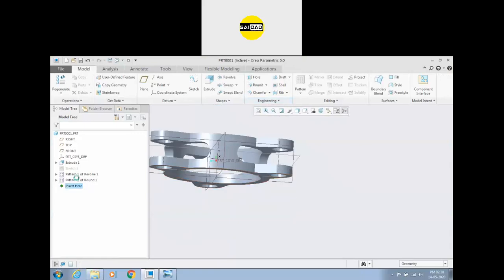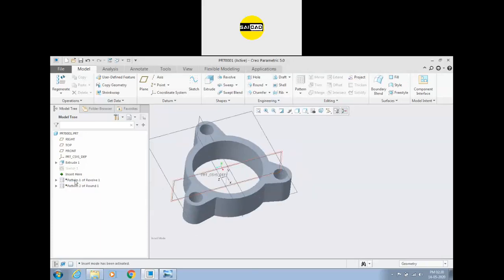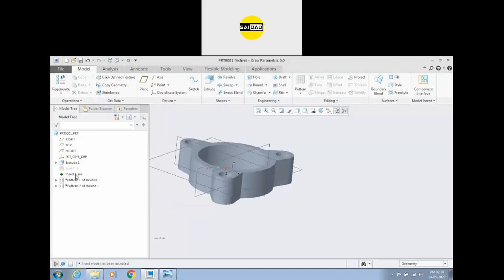Okay, this option you can see here, insert here, is a rollback feature. You can just drag it above the object, and the object will not be created. It's suppressed temporarily. You can always get it back like this. So I'm going to show you with the extrude cut. I have moved it up here.